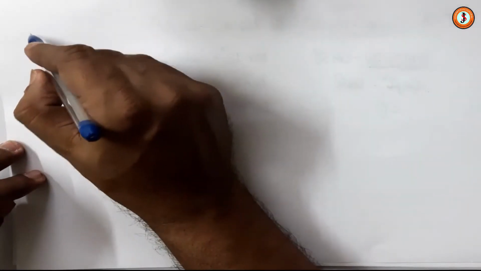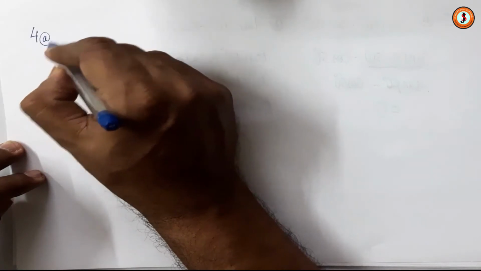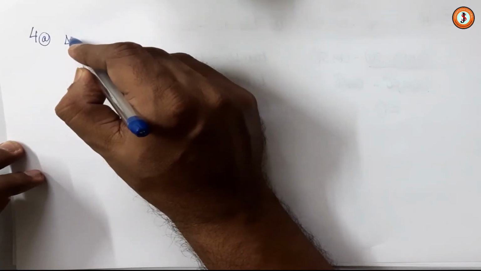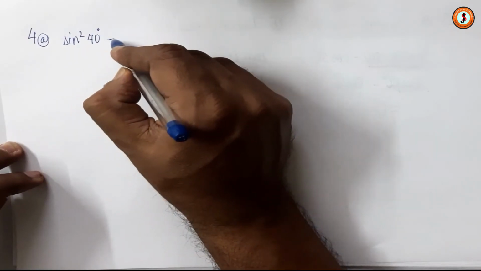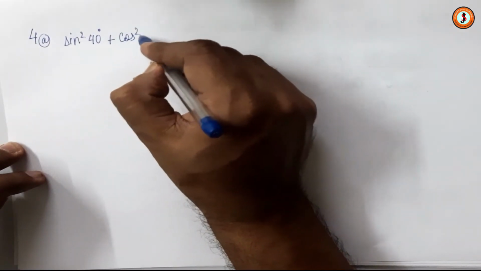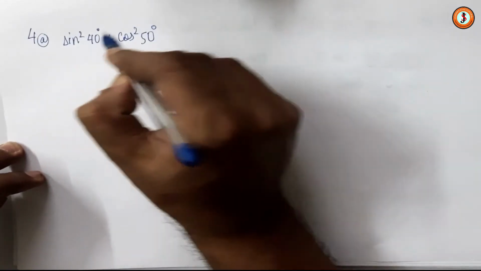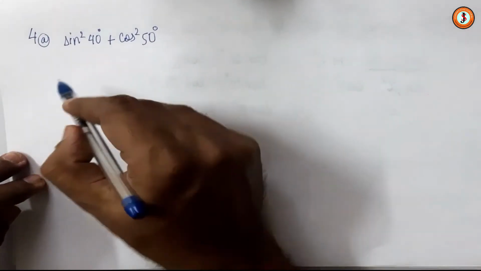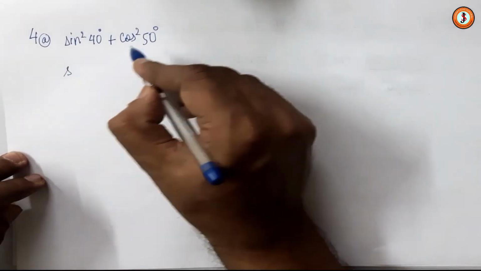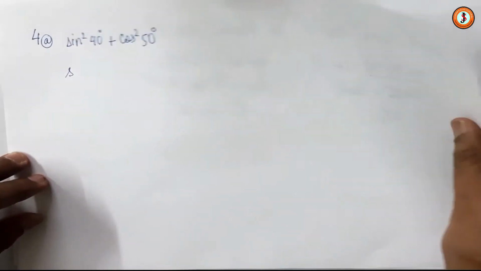Sometimes there may be a use of formula. Say for example, I can do sin square 40 plus cos square 50 if I have to evaluate. Now remember, this reciprocal is true for even square. So what happens? I change any one of them. I read sin square 50. Just a second. I have to change this question.